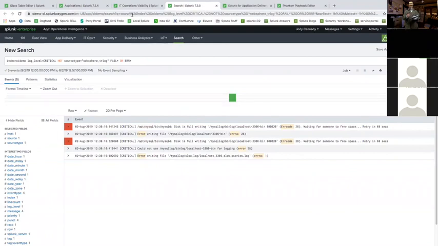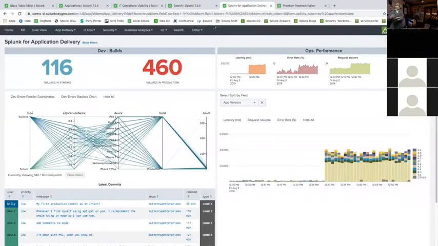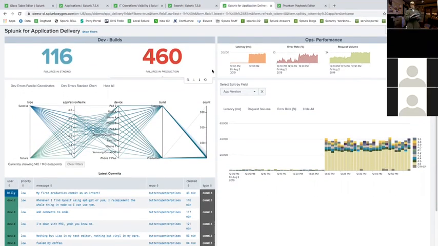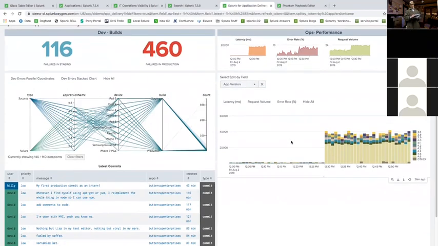So we can also, from that point, take a look at, we have an issue where database transactions have gone up. So what possibly has changed, right? So I could go into my application delivery glass dashboard and take a look at what's happening from an application delivery perspective, or what changes have been made,